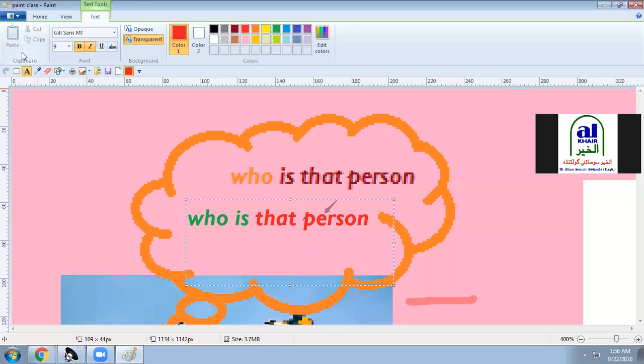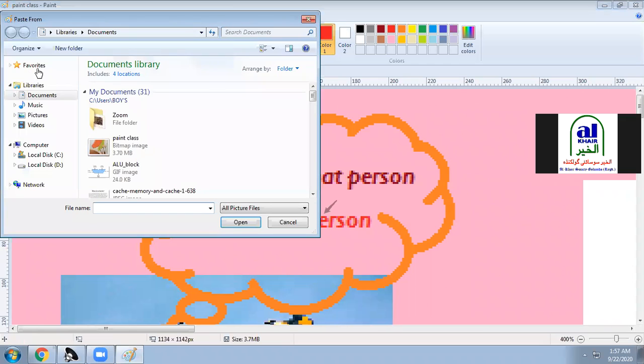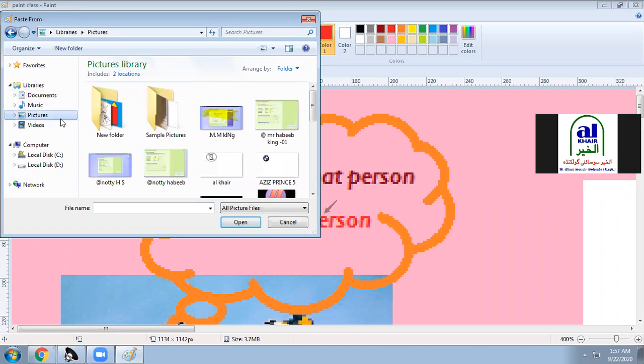You can see the screen now. Yes, sir. There is a paste option. Paste from. If we click here, there is a paste from. You will go in documents. You can go into the pictures, wherever you can go from here.